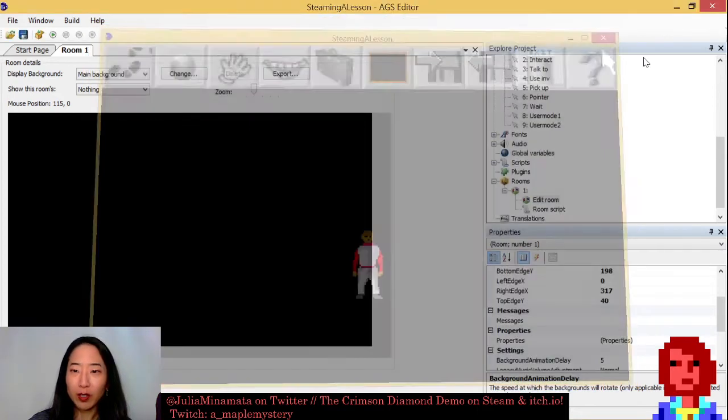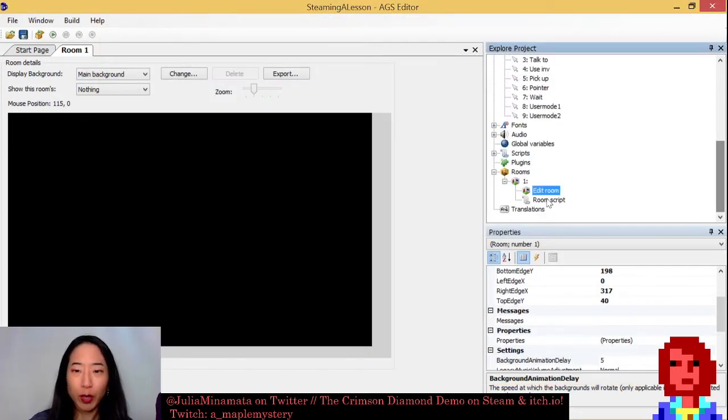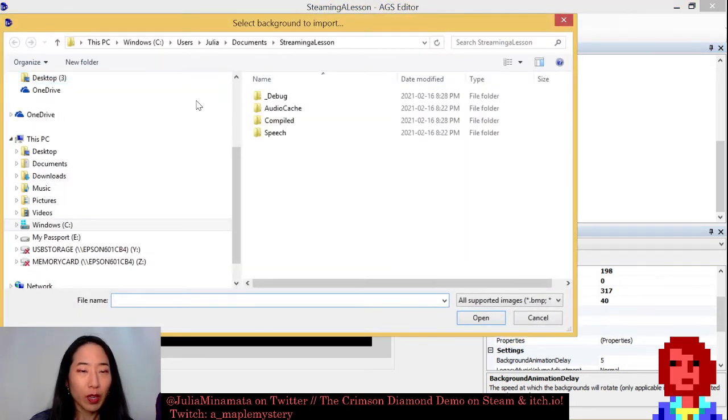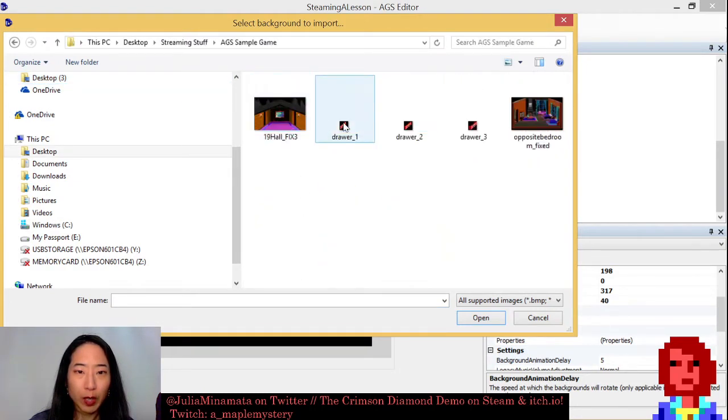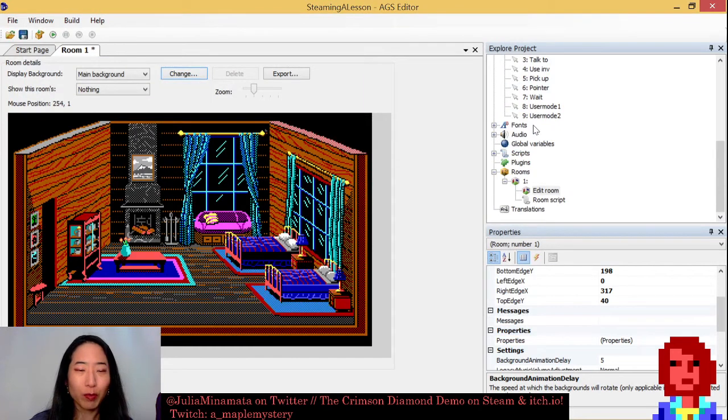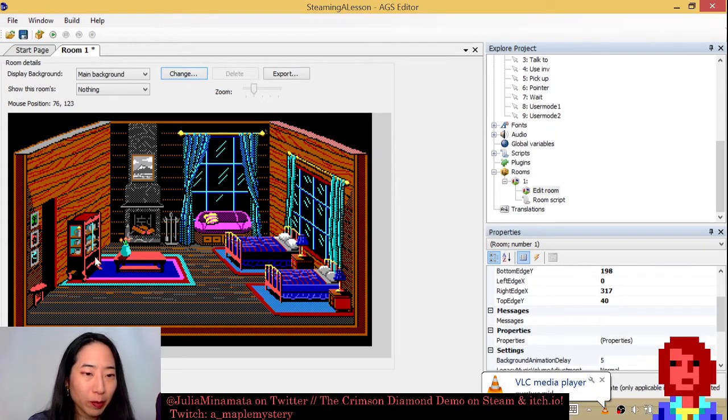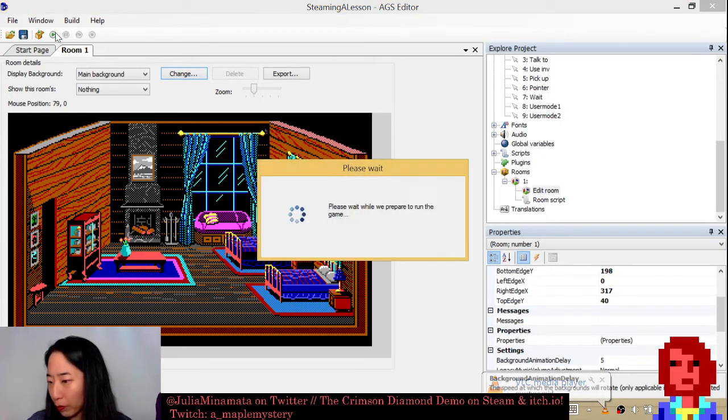But that's not really that interesting, so what we're going to do is import one of our backgrounds here. Let's change this. And let us go into desktop, streaming stuff, AGS sample game. So let's load up one of my rooms. This is how the room would look. You can see that there is an open doorway for a door we can eventually put in here. This drawer can be open, so that's why this is empty as well. But yeah, if we start up this room like this,